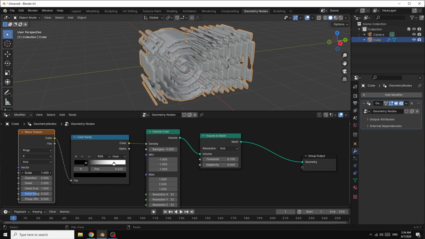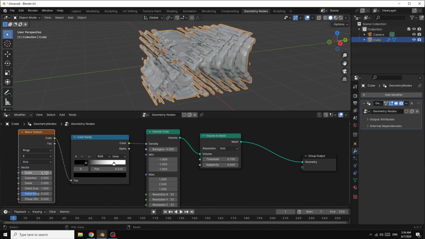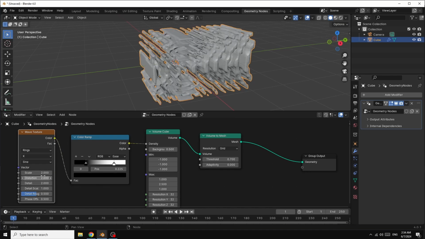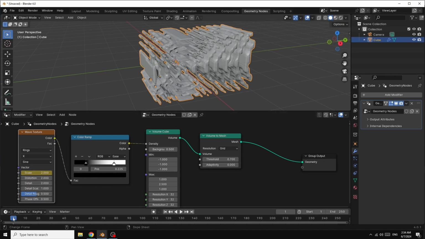So I make it here 2000. Right click, insert a keyframe. Make sure that you are in frame 1. Now I go here to frame 250.